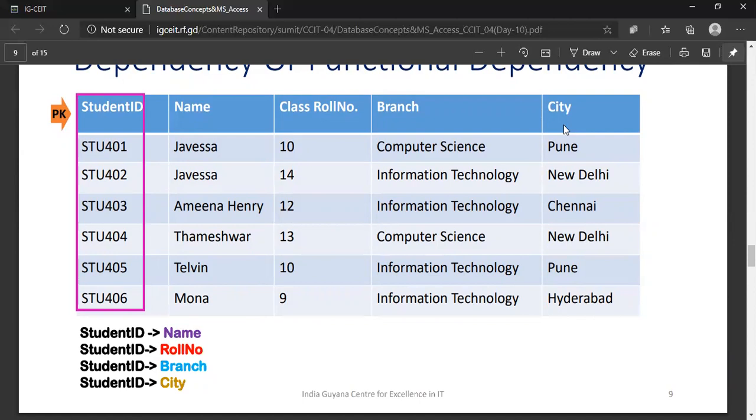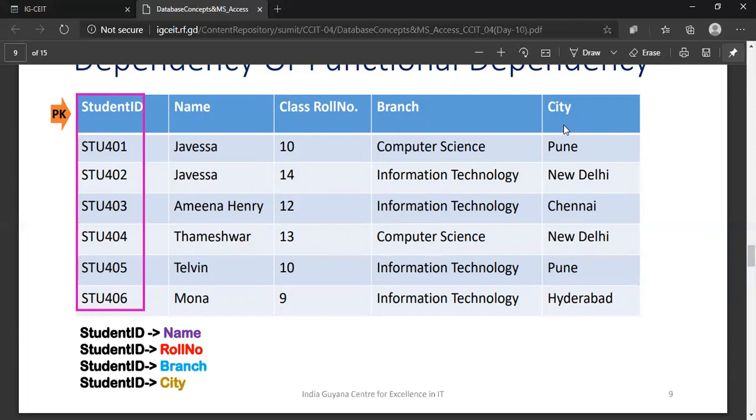This particular column can be used to fetch any information from this particular table. So all columns are fully dependent on the primary key column. Without this column, it becomes difficult for you to identify each record in this table uniquely.